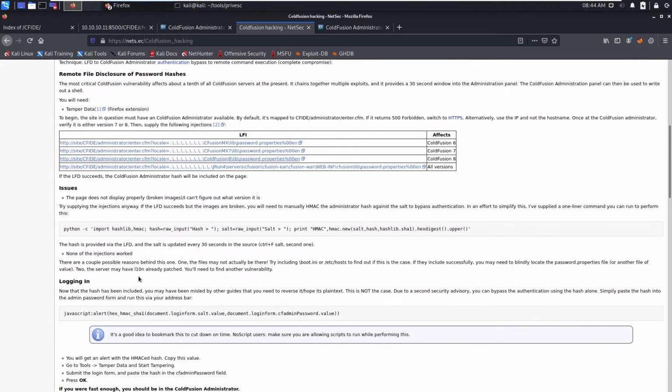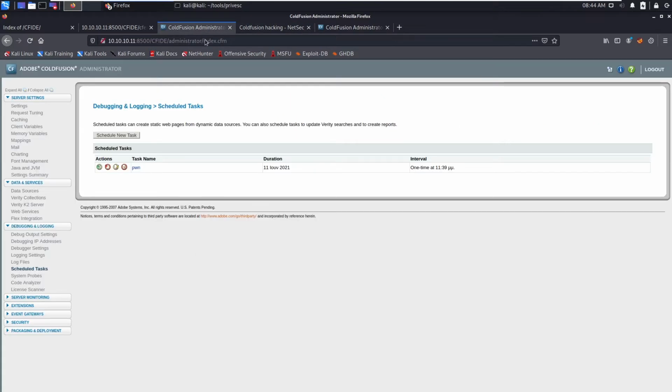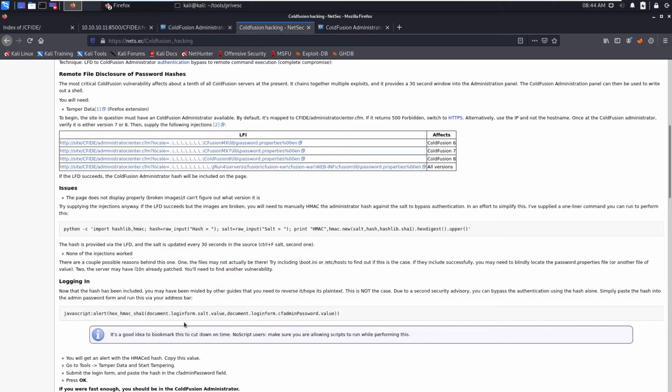On this website they say that you don't need to crack the password. You can copy this one and inspect this one, and paste it here to generate the salt value and the password value. It will perform this HMAC function and return the hex value. With that value, using Burp Suite, capture the login request and paste the password there, and you can log in. But the problem is this website takes 20 to 30 seconds.